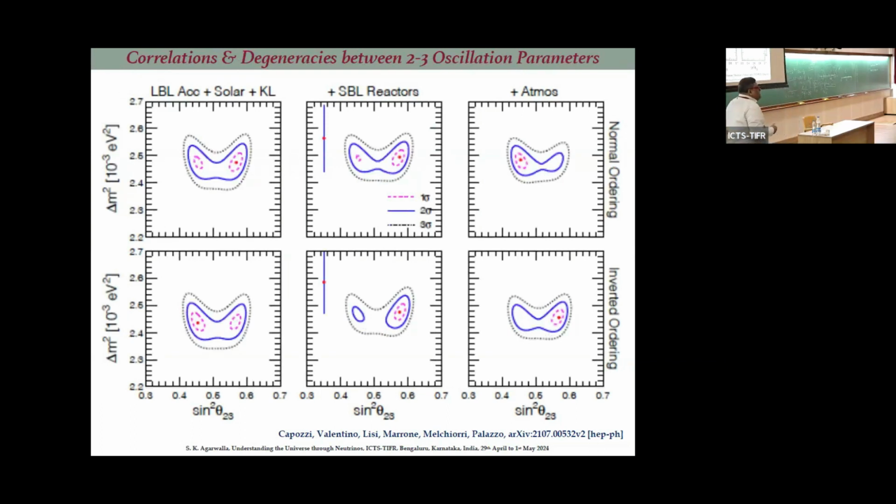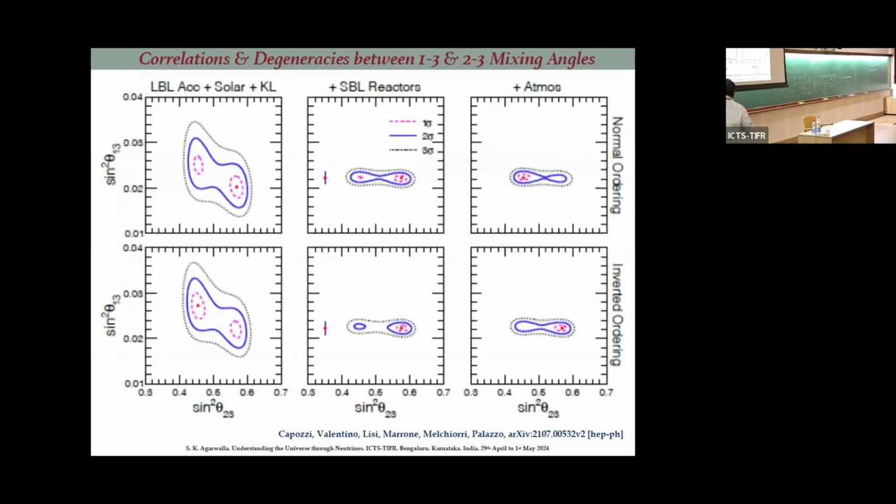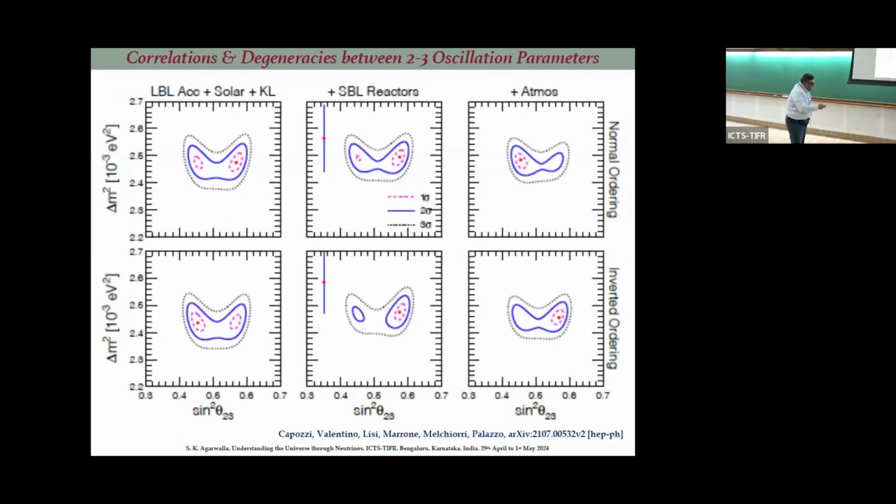That is even more interesting. Here the correlation was between theta 1, 3 and theta 2, 3. Here now you see the correlation, I am going slow: theta 2, 3 and delta m square. This is the atmospheric mass splitting. I will take 30 seconds, stare at them and see how, when you add the data again, you improve in the parameter space and what differences are happening. Just look at them.